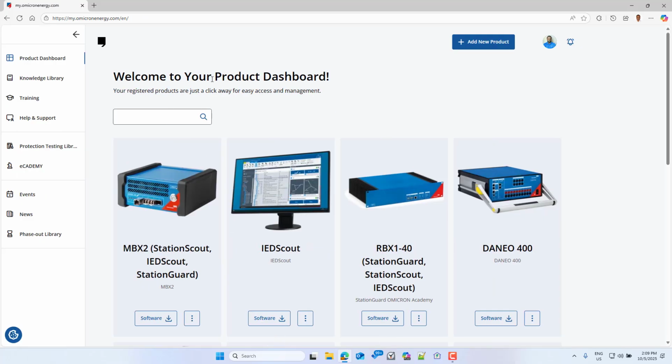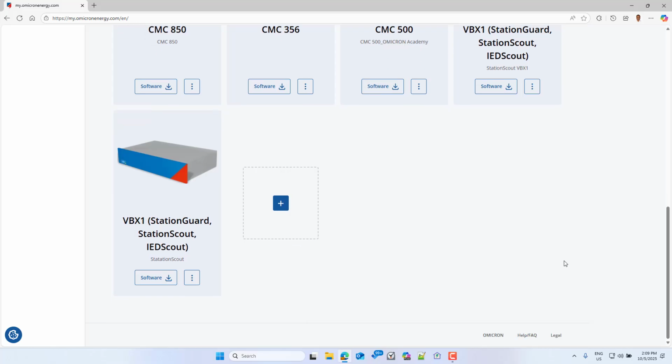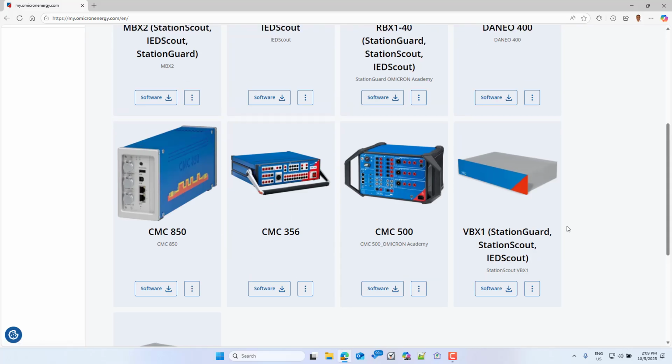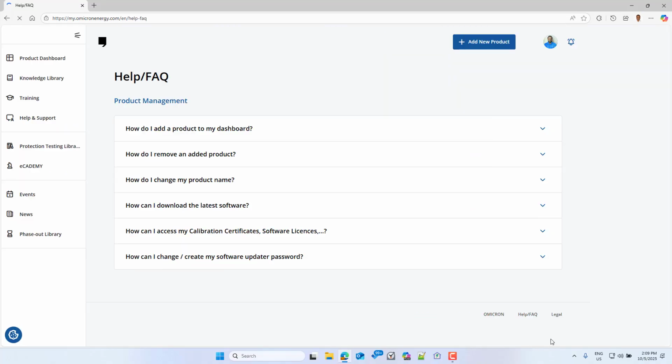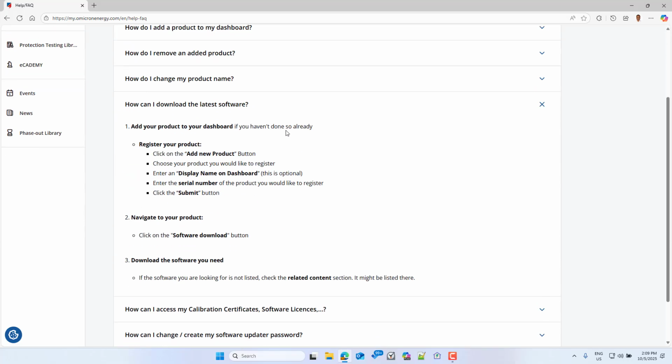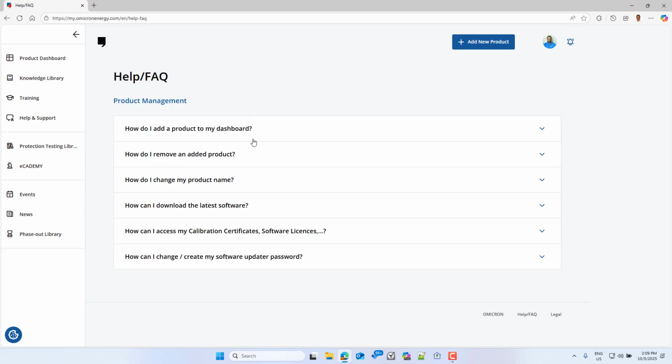If you are a new user, you must start with add a new product. Before that, I would like to walk you through some of the frequently asked questions. When you scroll down to the very bottom right, you click help and frequently asked questions. These are the common use cases for a user. For example, I would like to download the latest version of software to manage OMICRON hardware products or some software-only solutions. Then you can expand it and understand how to download it